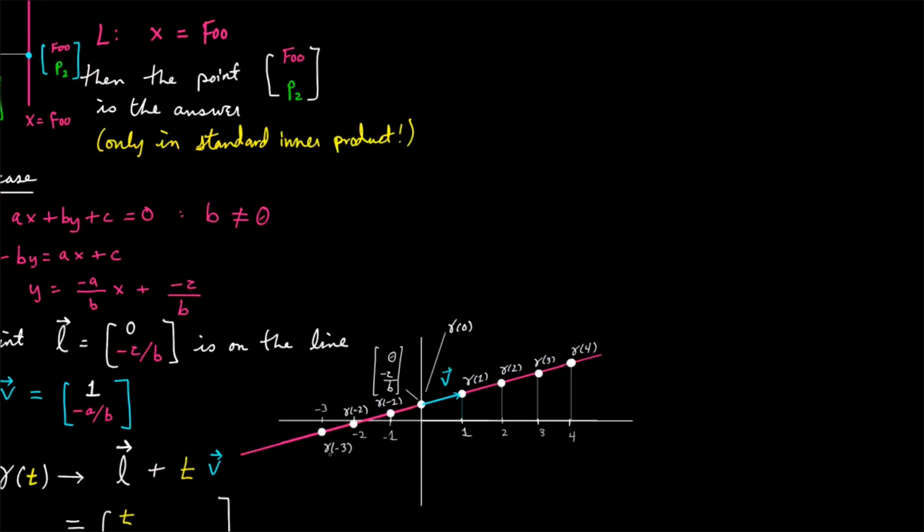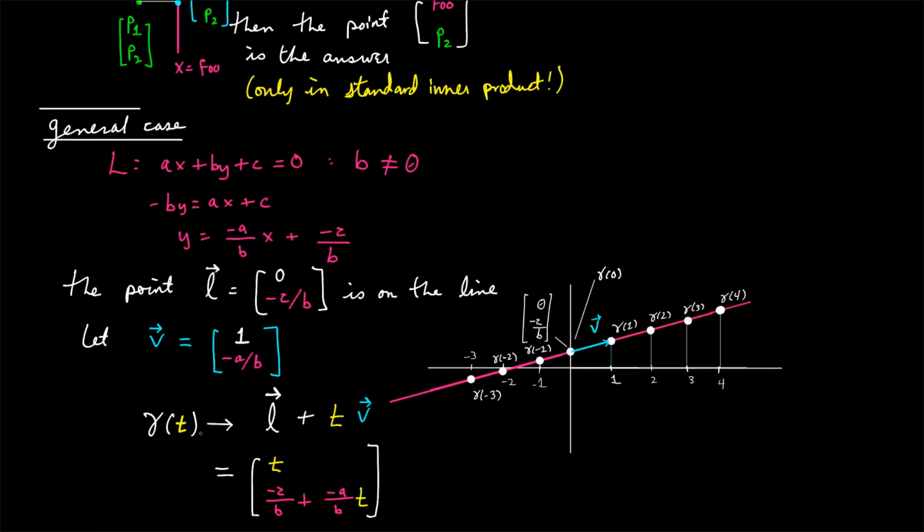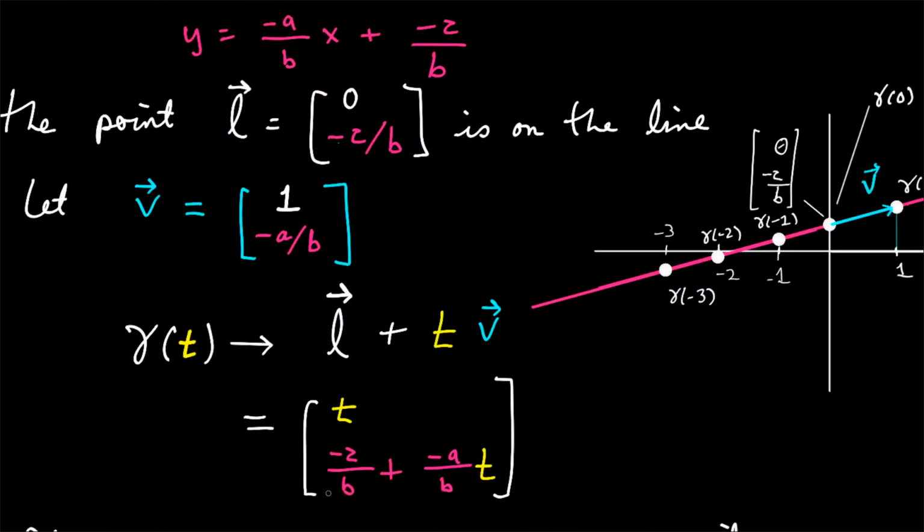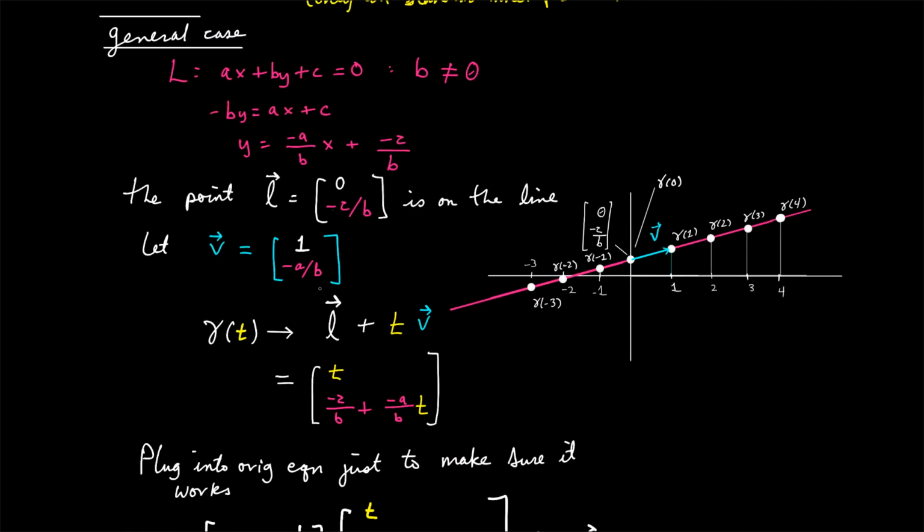This isn't a great picture, but you see what I mean. So gamma of t is L plus t times v. We start here, and then we can go to the right or to the left based on the parameter t. If we do L, which is 0 and minus c over b, plus t times v,